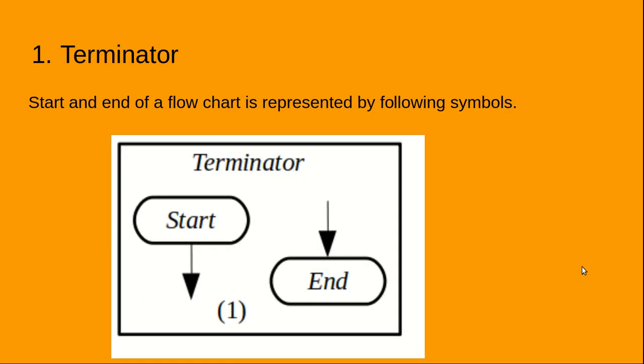First, Terminator. Start and end of a flowchart is represented by the following symbols. A terminator has two symbols, start and end. The start symbol is this shape, and write start and draw an arrow from the start symbol to the below. End terminator, inside this shape